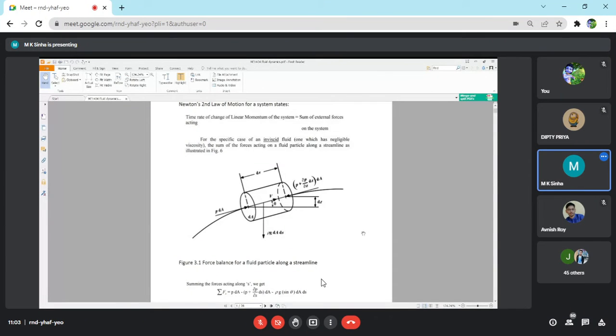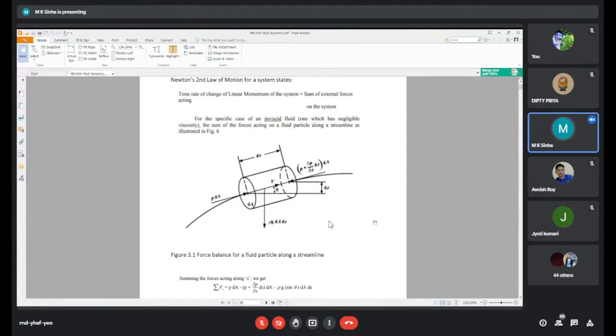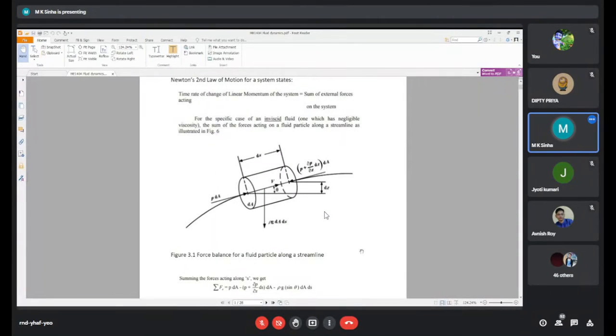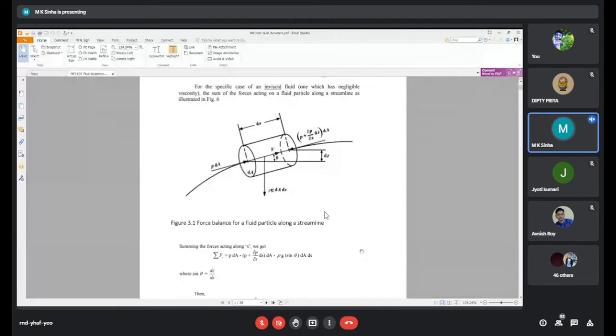into area, and this is the change in the pressure due to the length of the fluid. Here you may see that both pressures are always acting inwards on the system. So the sum of the forces acting along S, where we mark the coordinate system del Z, is P into dA along the streamline, opposite to the streamline, minus P plus del P by del S into ds